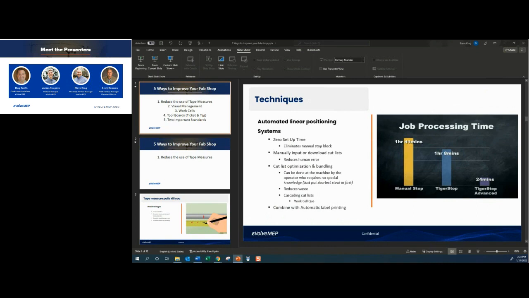And really, one of the things I like about it is the cut list optimization and bundling features. You can either manually input cut list data, or you can download that cut list data. And the cascading part of the system allows you to merge those cut lists together into a queue. So you can move from one job to the next job to the next job, and the machine is just continually cycling. It's pushing, it's cutting, it's pushing, it's cutting, and it's automatically tracking the number of cuts that are required